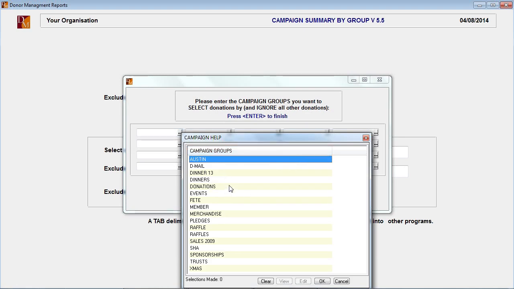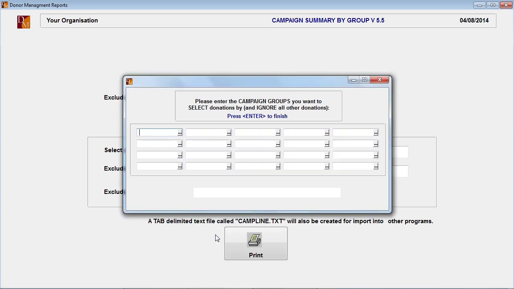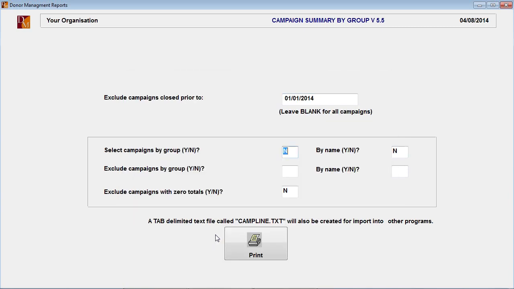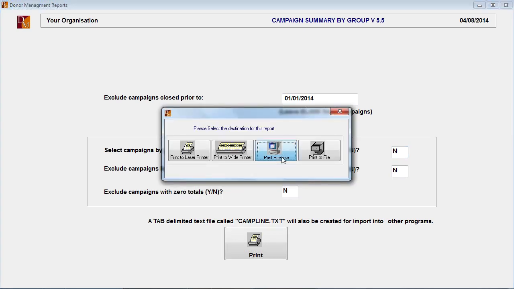I can go and choose what it is that I want to report on. Okay, so if I was just looking for donations, or I'm just looking for membership campaigns or sales, etc., then I can choose the group appropriate. Where on this list here, I can see I've got raffle and raffles. Doesn't help me when I'm doing this sort of reporting, but that's more just about a setup problem where I then go back and look at them and say, well, most of my campaigns are under raffle, not raffles, so I'd find the one that was the opposite and I'd fix it so that they all became part of the one group. So for this particular one, I'm going to say, no, that's not relevant. I don't need to pick that. I can go through and print. If I do then print preview,